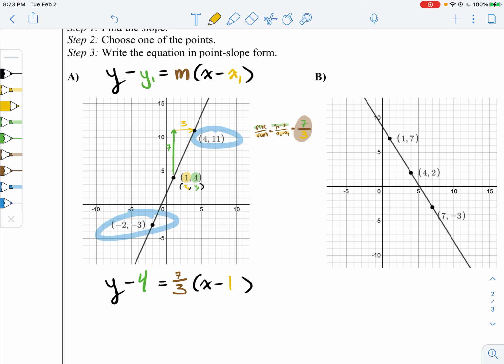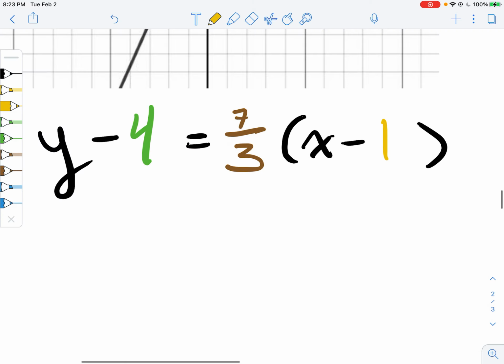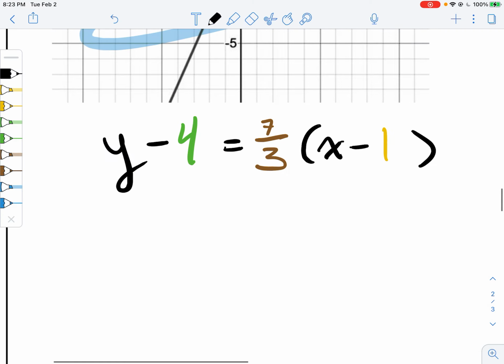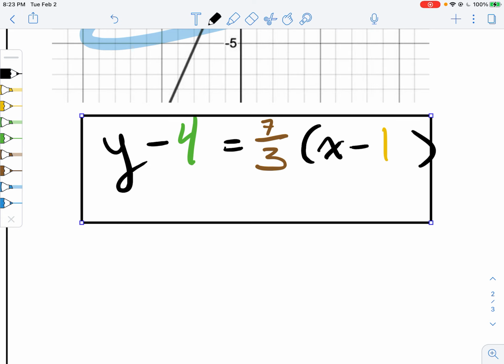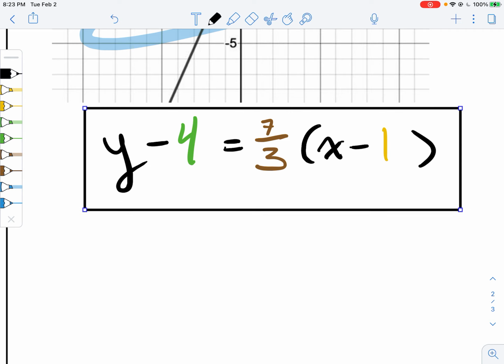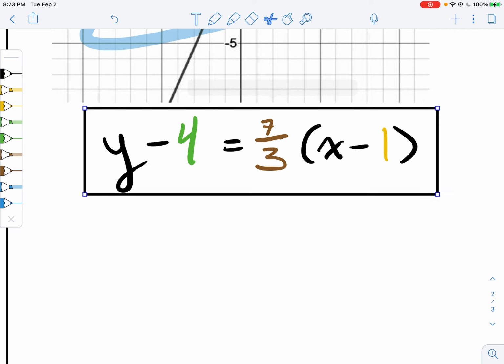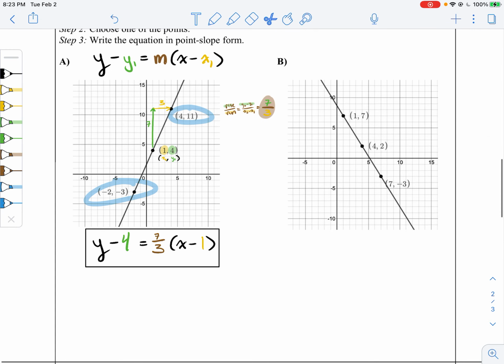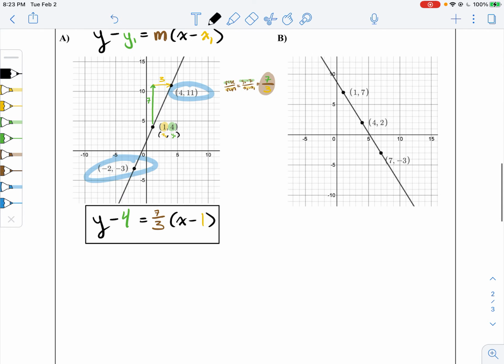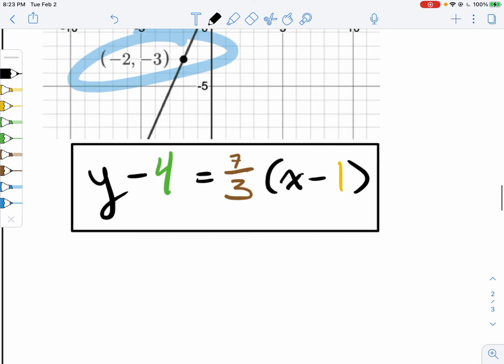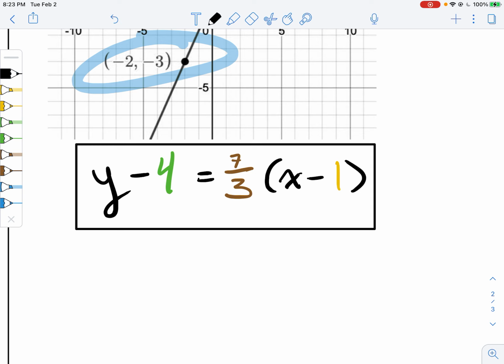And there you have it. This is the equation for our line. Again, it is by no means the only equation of the line. There are, in fact, an infinite number of possibilities, but this is the easiest one, so cool. By the way, if you did this on your own, the other 2 correct answers you can get easily from this chart are using this point down here. You get